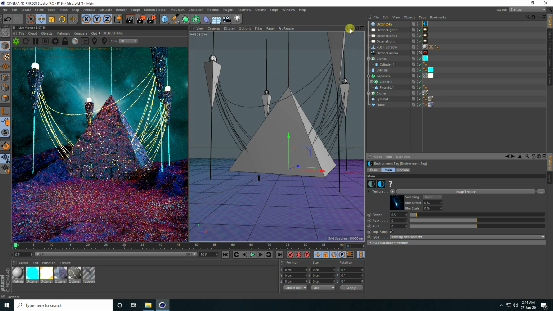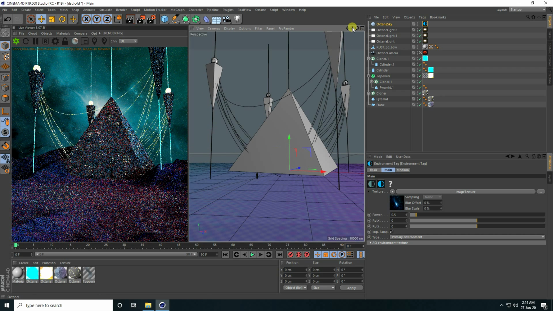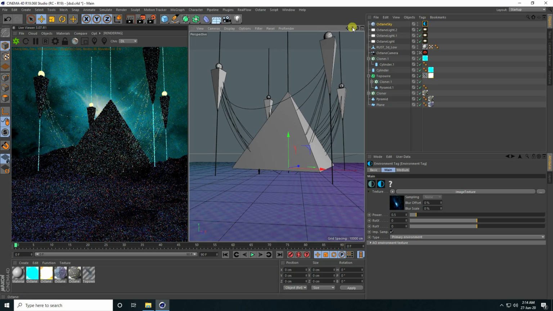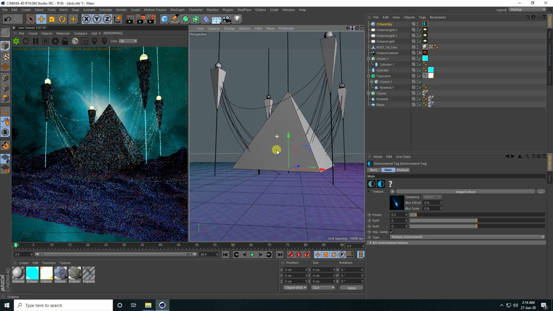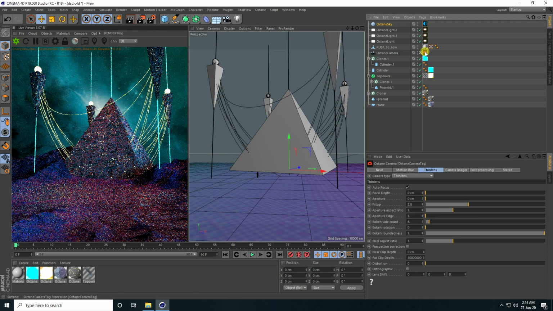Now camera angle set like this and go to back. Okay, so guys, finally I go to here render setting.